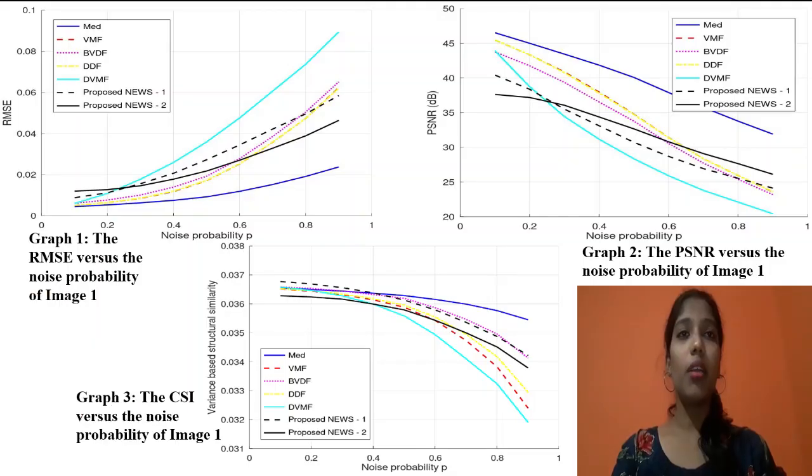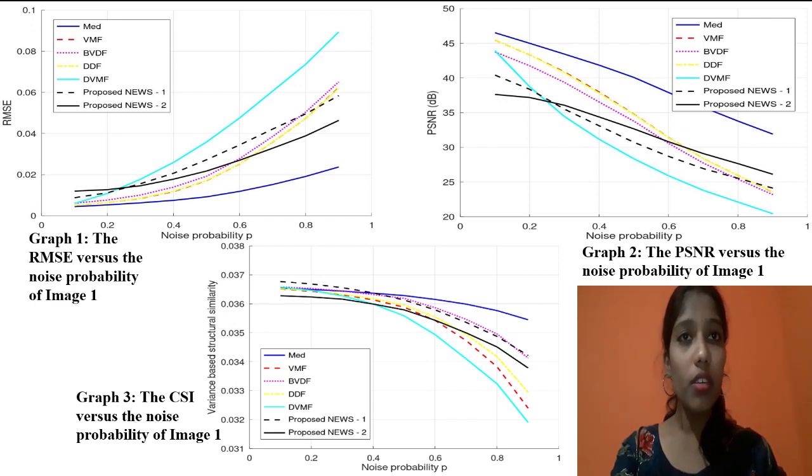For the demonstration in figure 1, the RMSE performance versus the noise probability graph is shown. The RMSE stands for root mean square error, and a small value of RMSE indicates that the error between the filtered image and original image is small. It can be seen that the proposed new directional filtering methods have low RMSE values equivalent to all other conventional denoising methods.